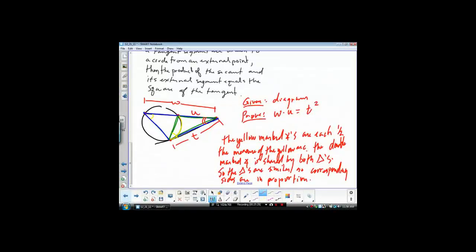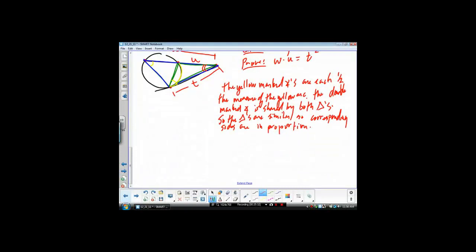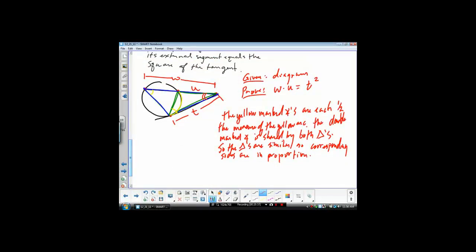Okay, since corresponding sides are in proportion, this is the proportion we can form. You'll notice then in each of the triangles, the blue and the green, W in the blue and T in the green are in corresponding positions in the triangles. So W will be to T as